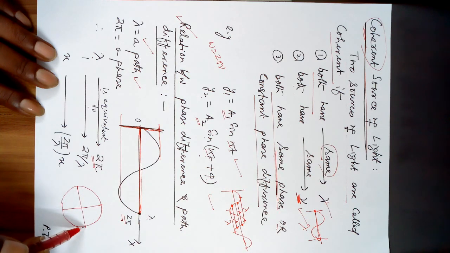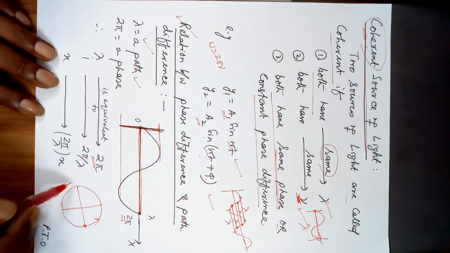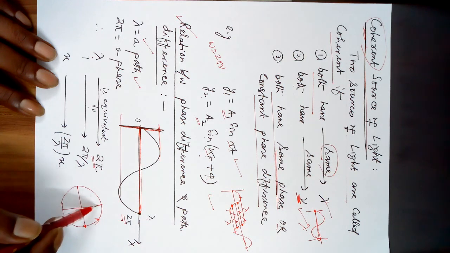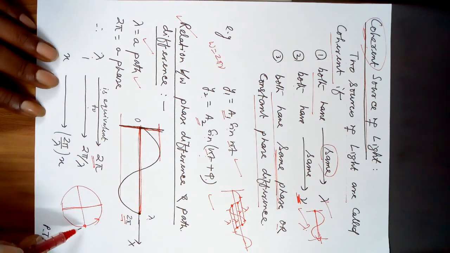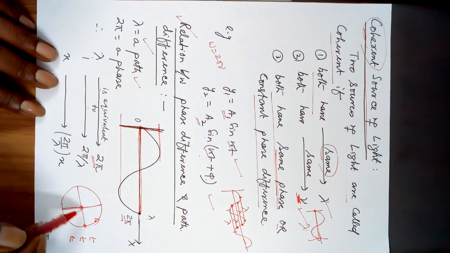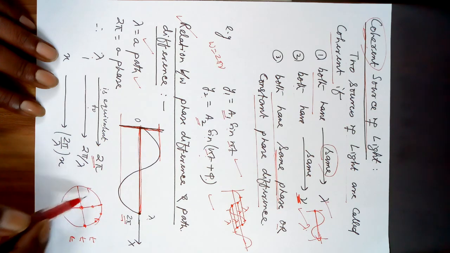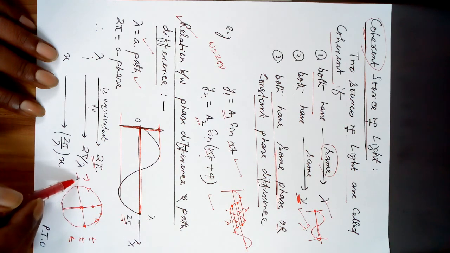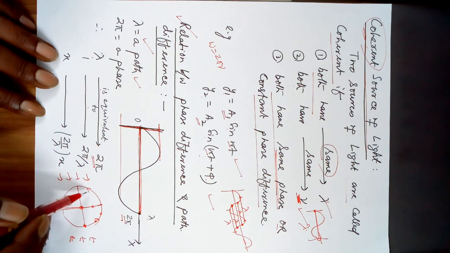The same thing I had explained to you in oscillations in your +1. An object here was moving in a circular path. This was a screen. As the object was moving, when light was coming from this side, its shadow was here. When this particle comes here, the shadow is here. When the particle comes here, the shadow is here. Now this particle comes to the other side. Light is also falling from this side.